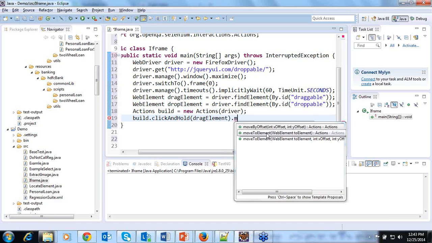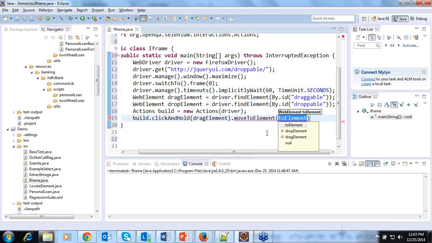In a sense, I want to move the element to some place. Where do I have to move? I want to move to the element called drop element, so I will say moveToElement dropElement. Now the drag element will be click-and-held, then it will get moved to the drop element